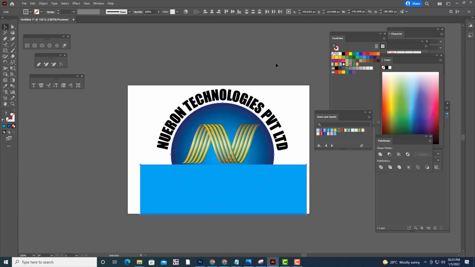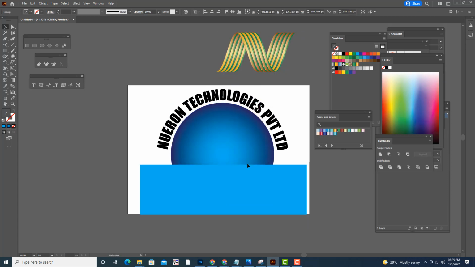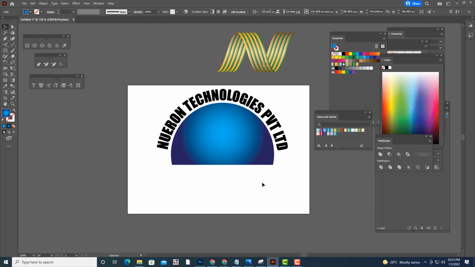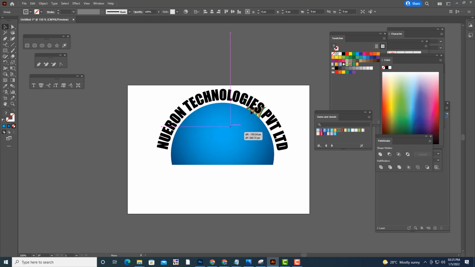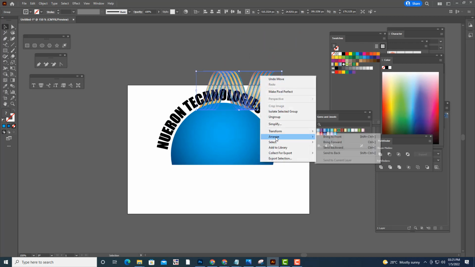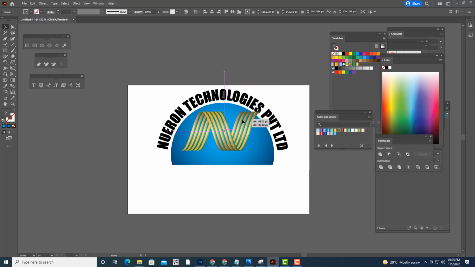Actually, we'll keep it here. So something like this, and then we will hit G and we'll try to adjust the gradient here. And we'll just right click, arrange, bring to front.